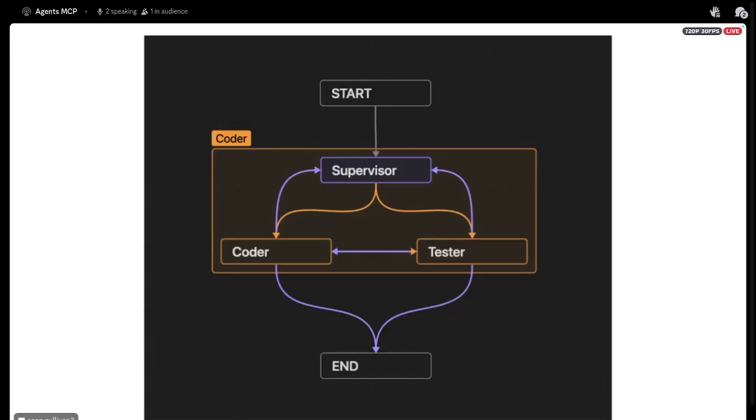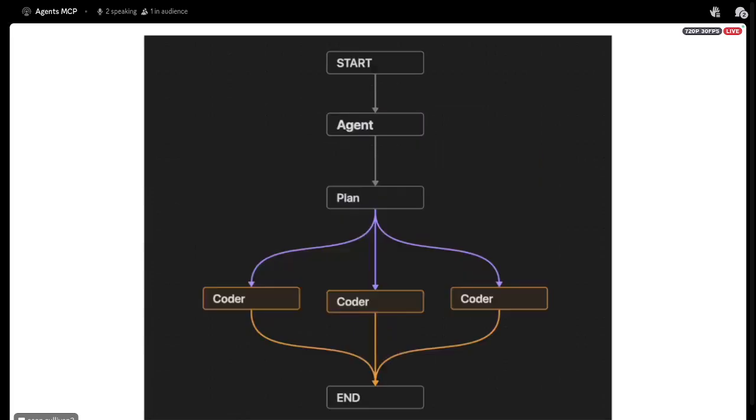Yeah, but right now they do get a lot of stuff wrong, which is why a tester is needed, and it's also why a supervisor is needed, ideally, maybe that's the planner, supervisor the planner of some sort. But also that's why this agent would probably make a plan into steps, and it would just do it. It would probably run these three in parallel with differentiated steps that aren't related to each other, because a lot of coding is related to each other. Maybe we do it sequentially. I don't know. But what I'm seeing is that